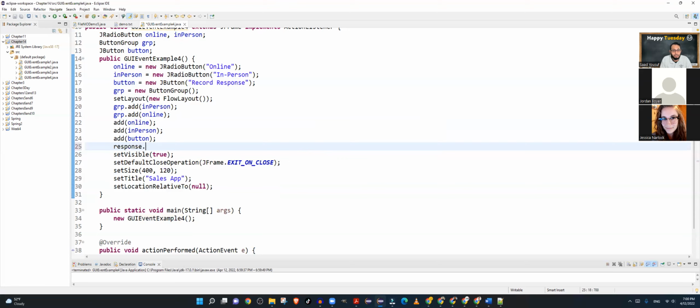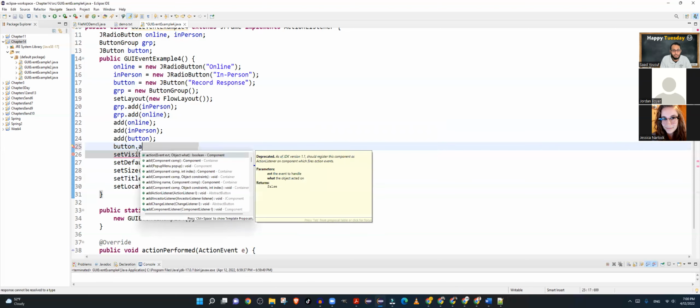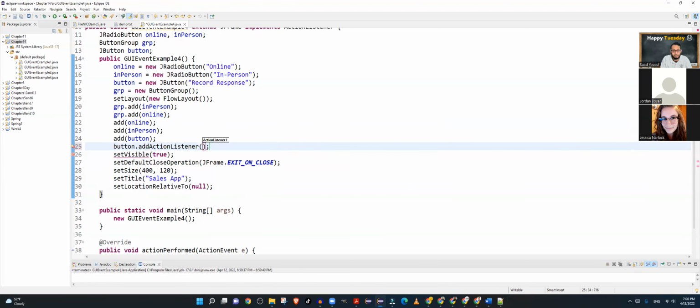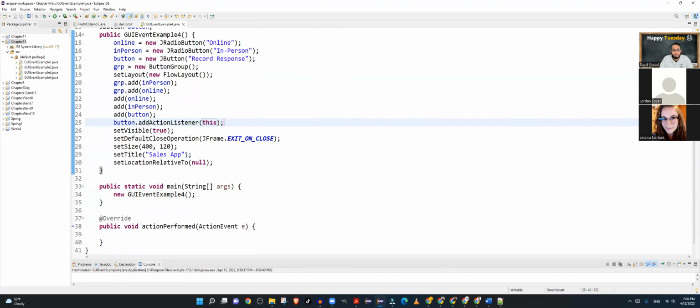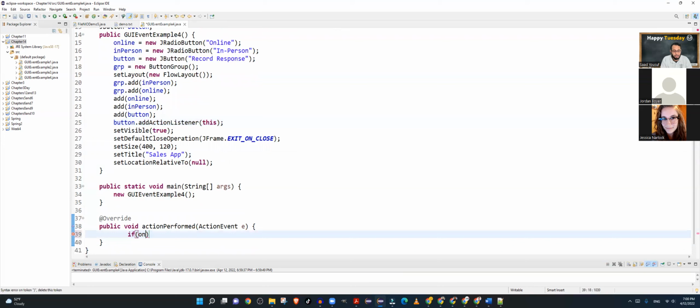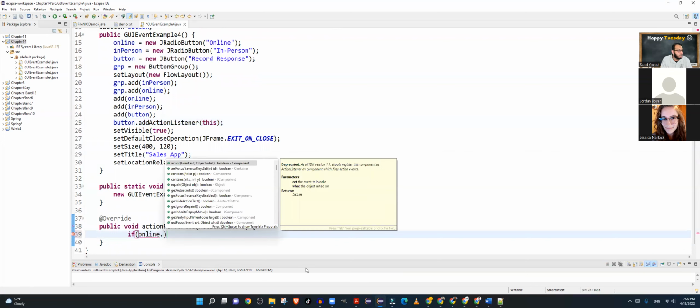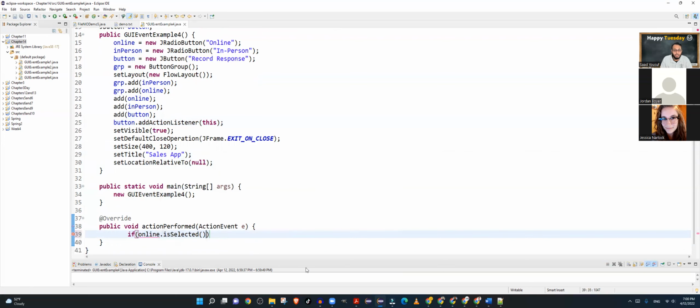Now response dot set action listener. Oh, sorry, add action listener. Oh, sorry, not response button. Button dot add action listener. Now when the button is clicked, if online is selected,